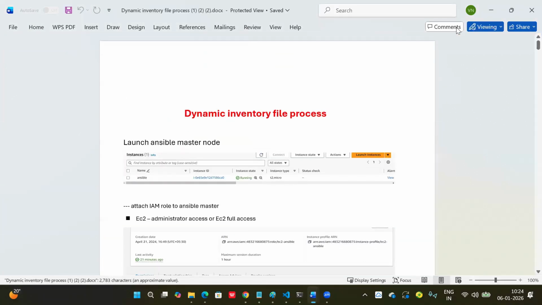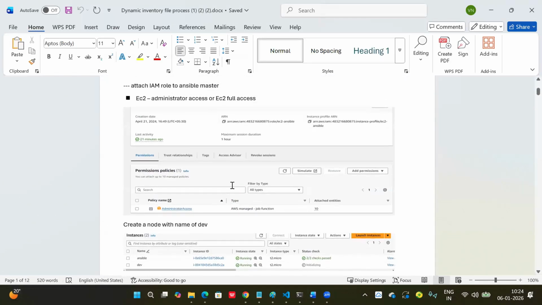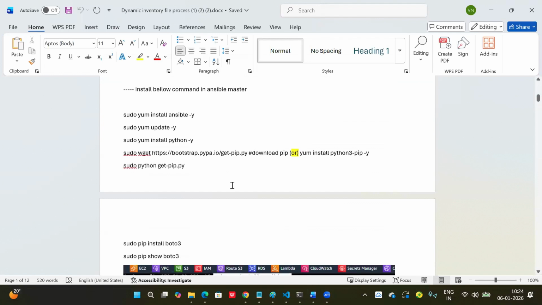Yeah. So this is the dynamic inventory file process. So guys, you tell me one thing. The Ansible server gets the tags list from the target servers, right? So it is an API call only, right? Tags, calling a tags API call. Definitely your Ansible server requires an IAM role or not? API calls definitely require it. If you run a describe tags request, the request will go to a target server to get information. In this case, the role is mandatory. Clear or not? Yes.